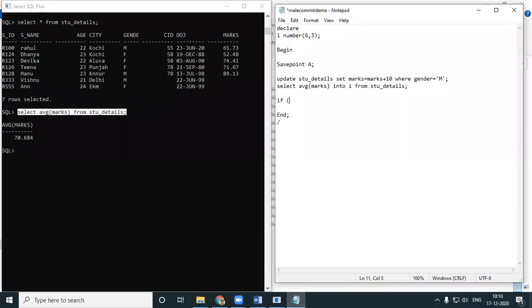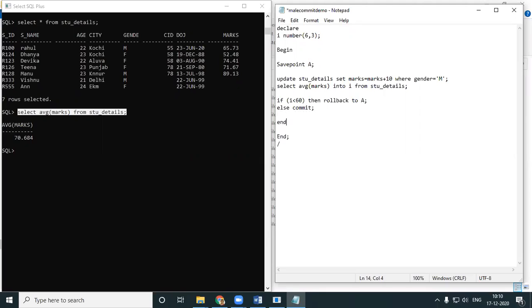If I is less than 60, then roll back to A. If I is less than 60, I need not do anything. Else, what should I do? Else, I should commit. That's it.